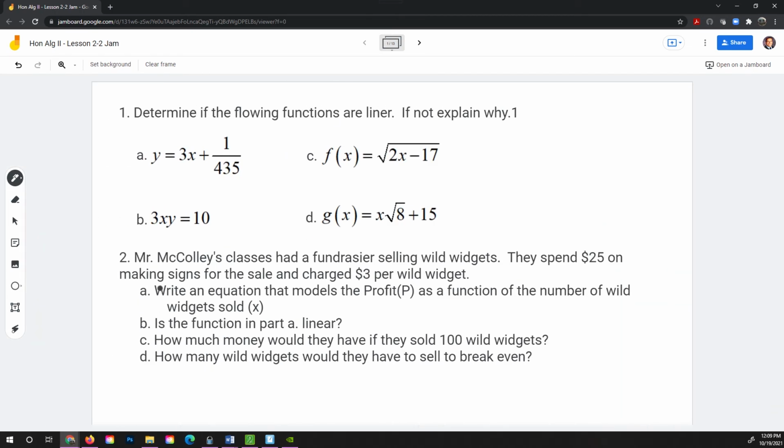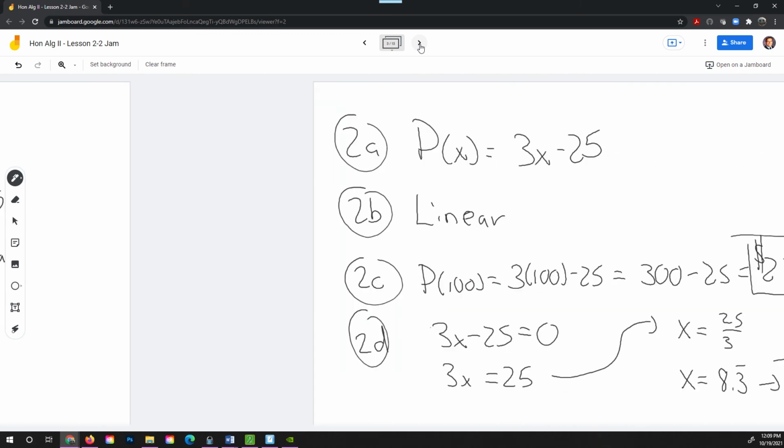Second question, Mr. McCulley's classes had a fundraiser selling wild widgets. They spent $25 on making signs for the sale and charged $3 per wild widget. Write an equation that models the profit P as a function of the number of wild widgets sold X. Is this function in part A linear? How much money would they have if they sold 100 widgets? And then D, how many wild widgets would they have to sell to break even? So if I go over to my second page,